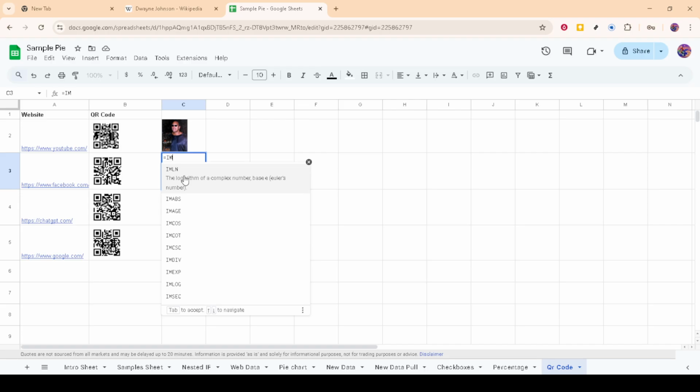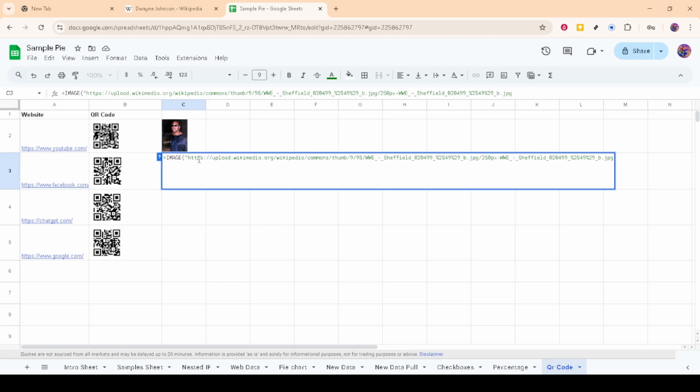In Google Sheets, you're going to enter a formula to display the image. Formulas in Google Sheets allow you to perform various functions, and inserting an image is just as simple thanks to its built-in functionalities. Navigate to the cell where you want your image to appear. Click into it so that you're ready to input your formula. Here's the formula you're going to use.